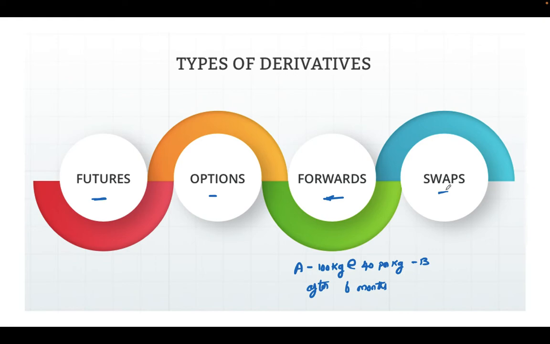So these are the four types of financial derivatives. The first one is forward, which is not traded on an exchange. It is between two parties, and it can be customized according to their taste. Second is futures, which is traded on an exchange. Then options, then swaps. Even in swaps, we have two types of swaps. There are swaps which are not traded on exchanges. They are customized and created according to the interest of the parties.